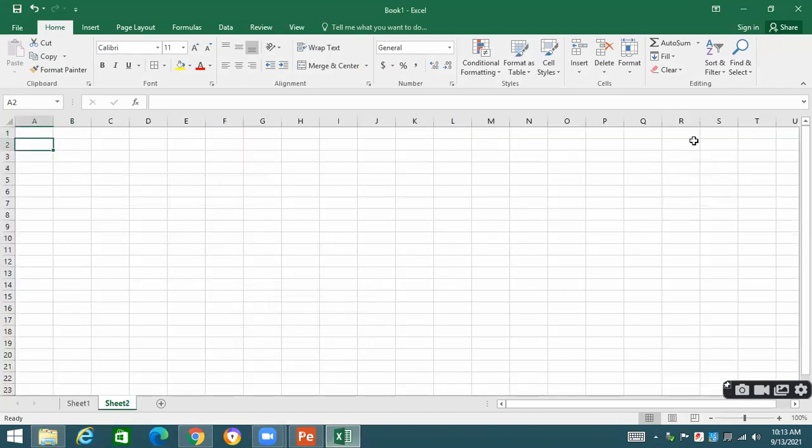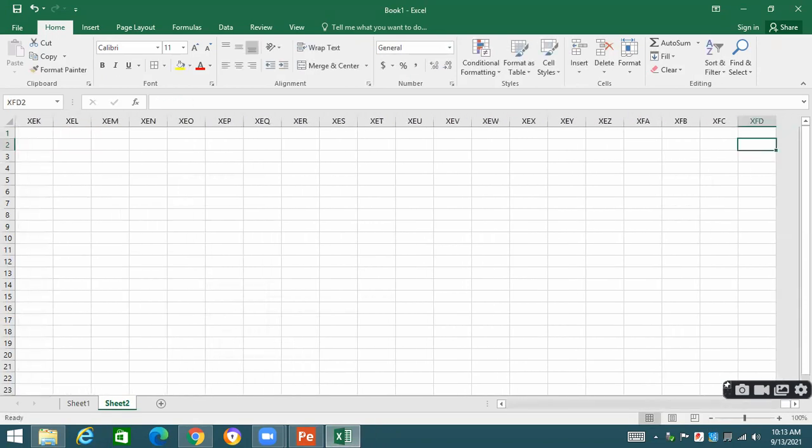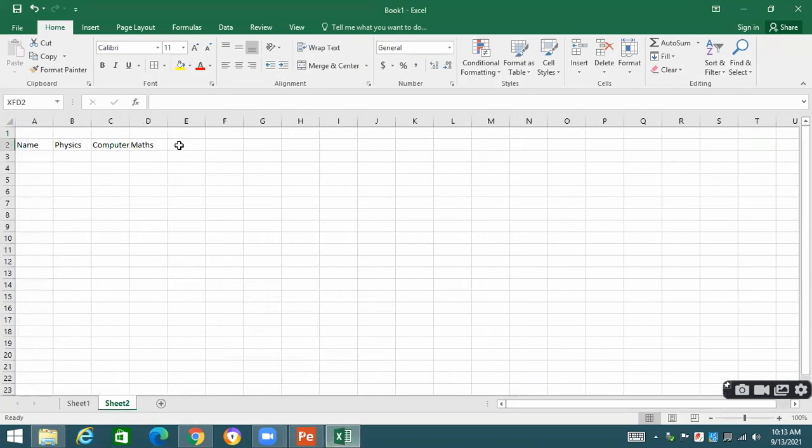Just like I say that this is the student name. These are the marks for physics, computer, maths, English, Urdu.